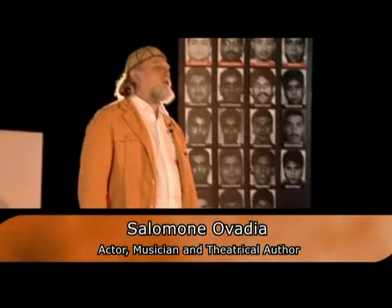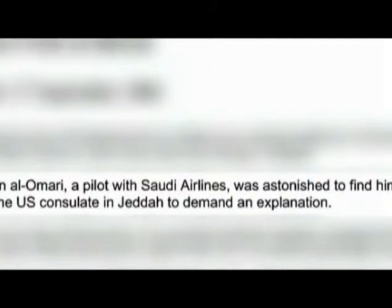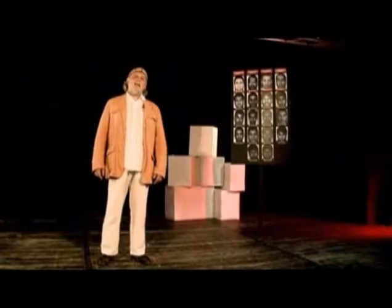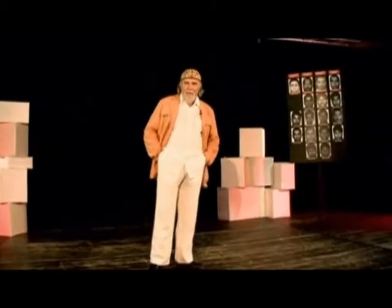On September the 16th, one of the alleged hijackers of Flight 11, Abdel Aziz al-Omari, went to the Jeddah consulate to protest his innocence to US officers. Al-Omari, a pilot from Saudi Airlines, receives an official apology from the American officers in Riyadh. Then, on the 22nd of September, Walid al-Shahiri announces he is still alive. He too is supposed to have hijacked Flight 11. From his house in Casablanca, Morocco, the impertinent al-Shahiri declares his innocence. The following day, the 23rd of September, the Daily Telegraph publishes the protestations of innocence of Sahih